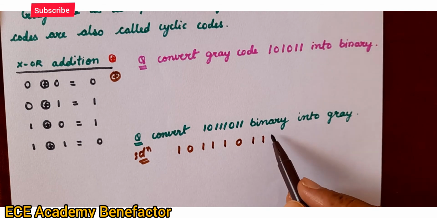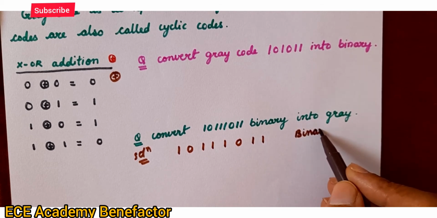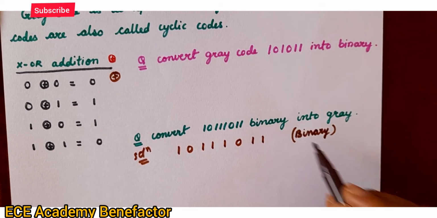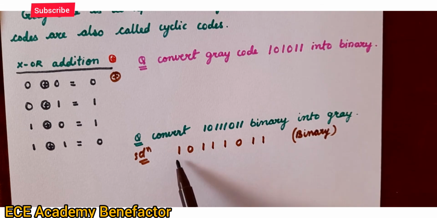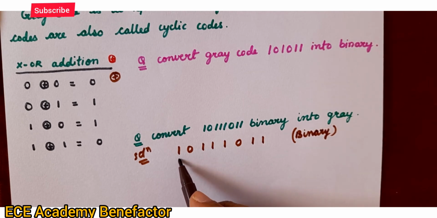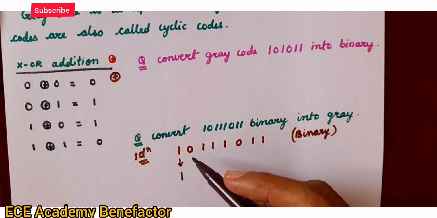This is a binary number. We have to convert it into Gray. So, this is known as LSB bit and this is known as MSB bit, most significant bit. So, write the MSB bit as it is. 1 is written, okay, and then add